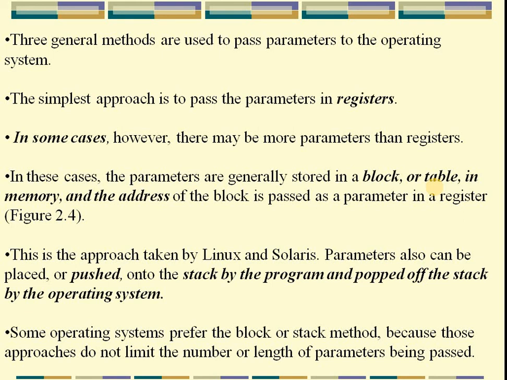The parameters are stored in the register and the address is loaded. In the previous example, there is an x parameter for the call. Load the address of the x parameter for the system call. For example, the number is 13. First, the address of x is stored in a register and then it is passed to the operating system. Use that parameter x from the table. This is the implementation of a system call.